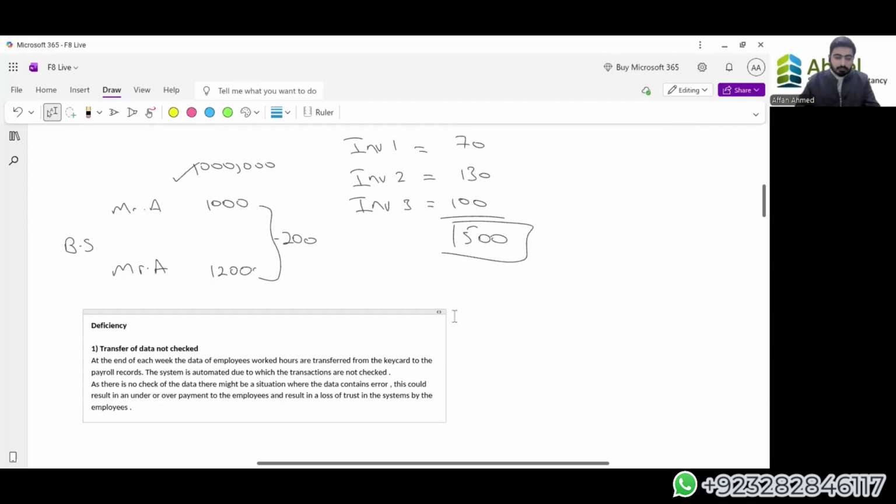Next step is our, deficiency is gone. Now recommendation, controlled recommendation. Now for controlled recommendation, what can be a recommendation here? That the transfer of hours from the key card to the payroll department should be monitored by a senior official and checked by the particular person and evidenced by signature. Okay, so